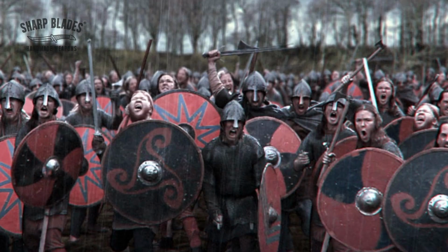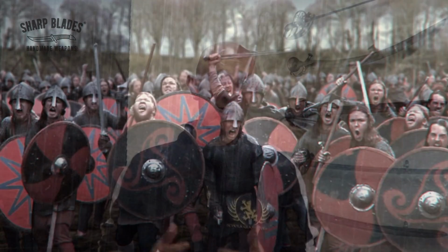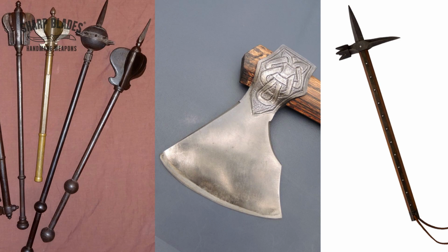And going into the Middle Ages, obviously during the Viking era, for example, there wasn't an enormous amount of armour worn. It was usually just a mail shirt and a helmet. But as armour became more prevalent, percussive weapons like axes, maces and warhammers started to become more popular. So if we get towards the later Viking period, we see that axes start to become very popular, and if